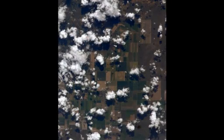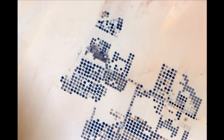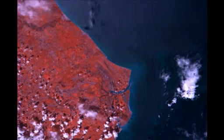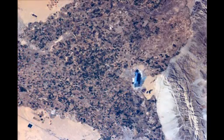So here's images cycling back and forth between visible and infrared, and you can see the infrared part of the spectrum shows up in different shades of red, and then the rest of the colors are pushed off into the green and the blue channels on the camera. And one of the aspects of infrared imagery is that it shows up agriculture in a very interesting way, in more of a technical way, and it allows you to investigate more into the health of the crops and what's going on. This is in the Salton Sea area in